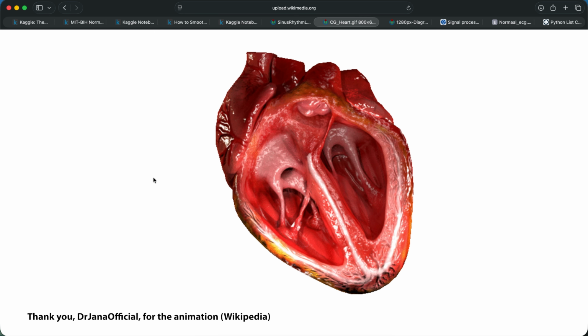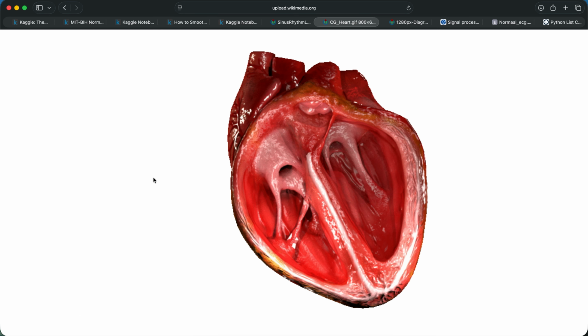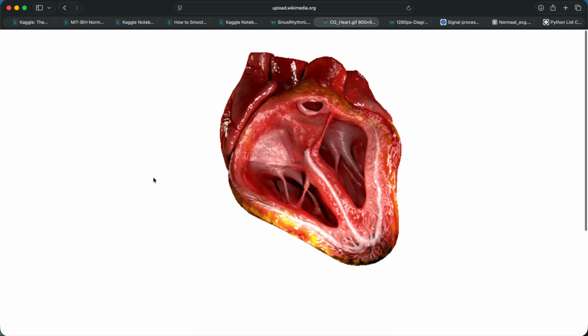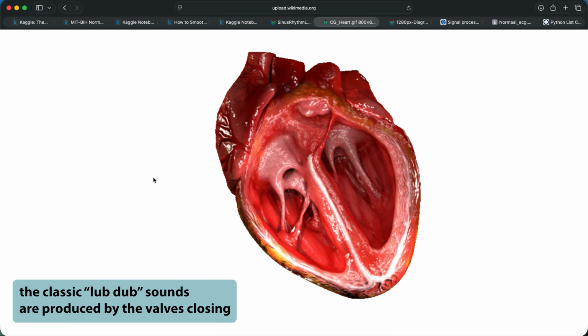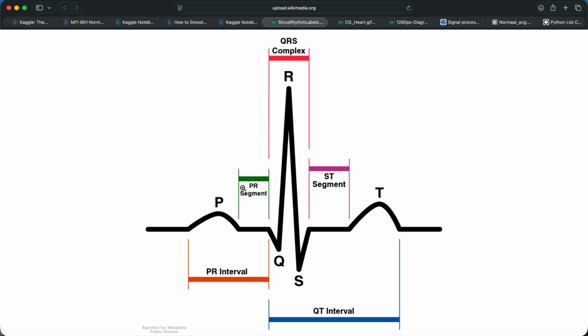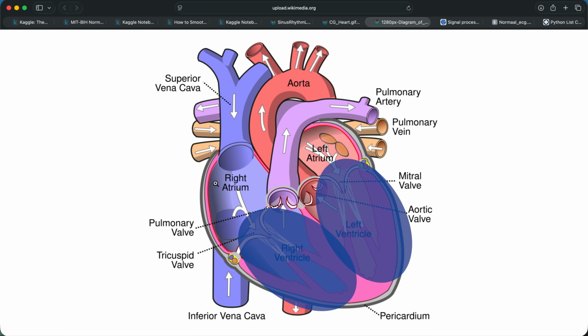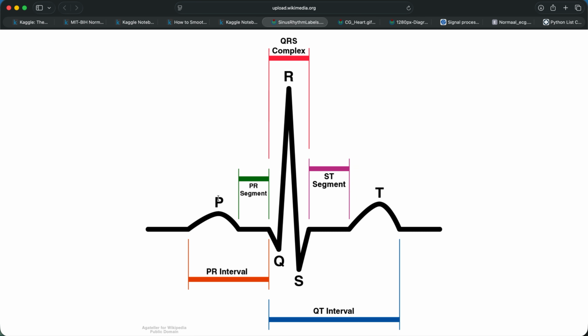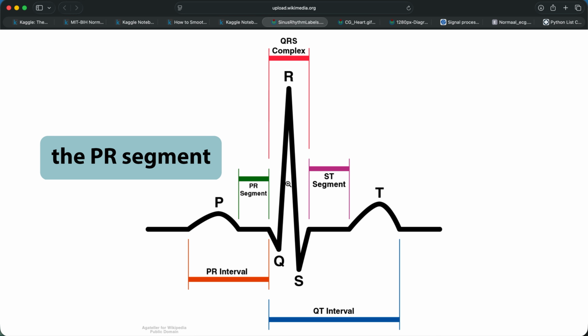The reason that we care about finding and labeling these is because each blip is a step in the heartbeat. As you see in this animation of the heart, there's like a cadence, like da-da, da-da, lub-dub, lub-dub, and you can think of that as corresponding with the P and R waves. Instead of da-da, da-da, think PR, PR. Atria ventricles, atria ventricles. So the timing of all of this is very important. Even this little pause between the P wave and the R wave, if that is too short or too long,